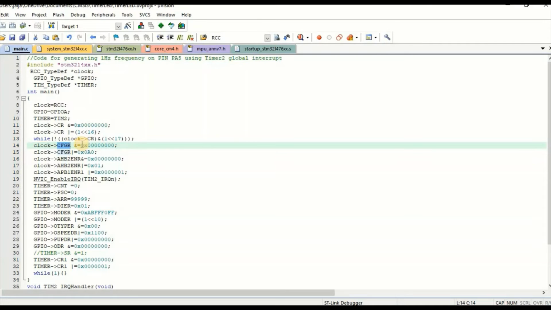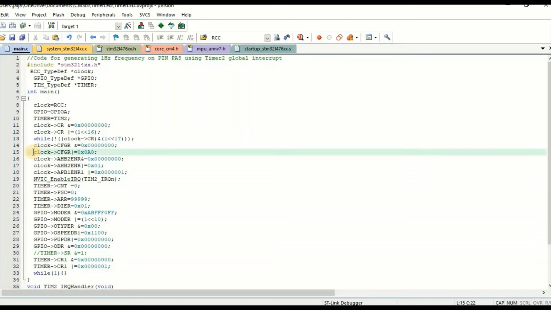We are resetting its value in this statement, and here CFGR is configured to the A0 value. That means, as studied, as we have already stated in the video, it will put the MCU's clock frequency as 1 MHz.